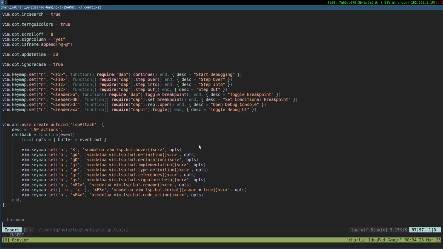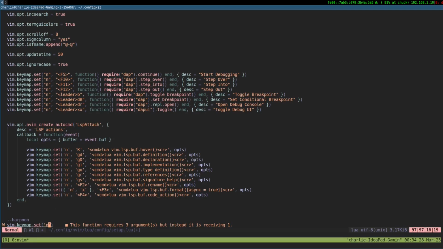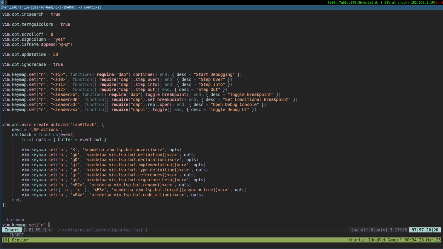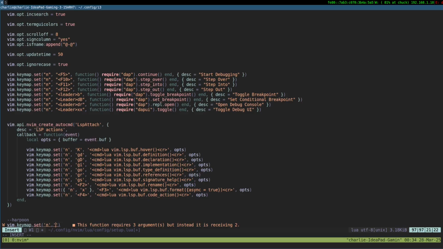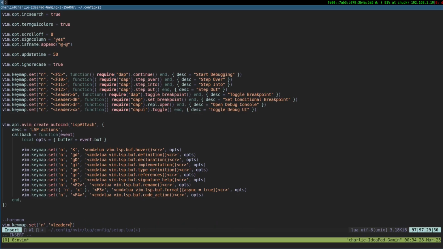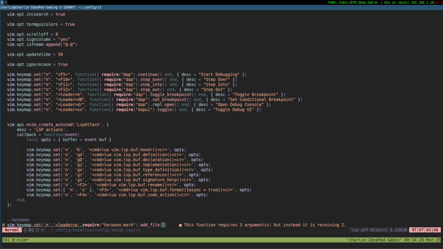Vim.keymap.set. In normal mode, what do I say? Leader and A will mark the file. Add file. Okay.